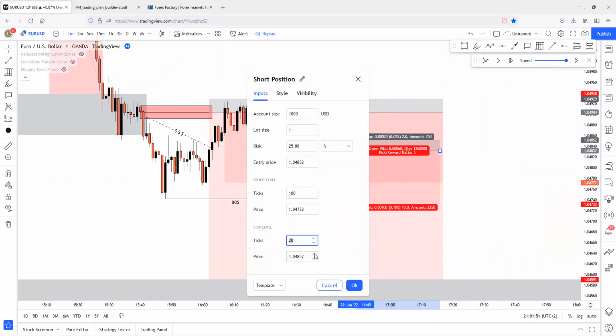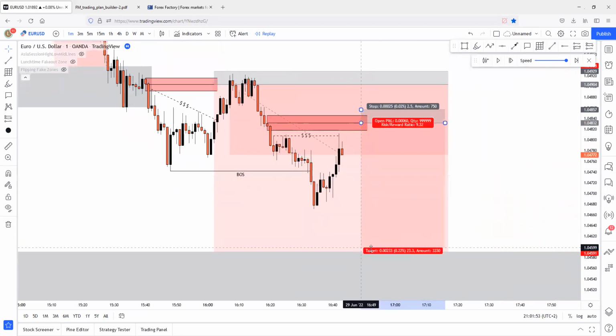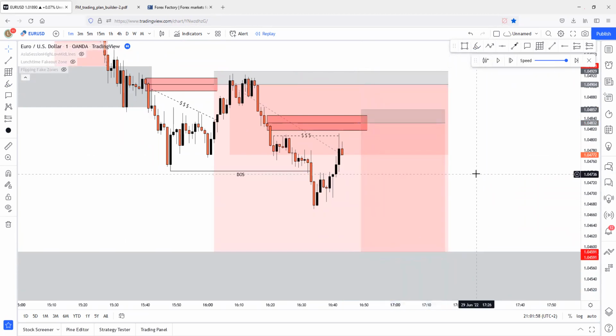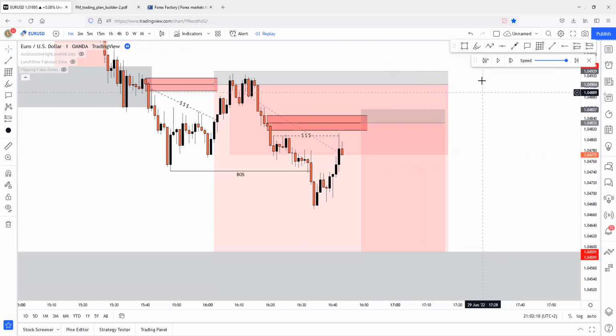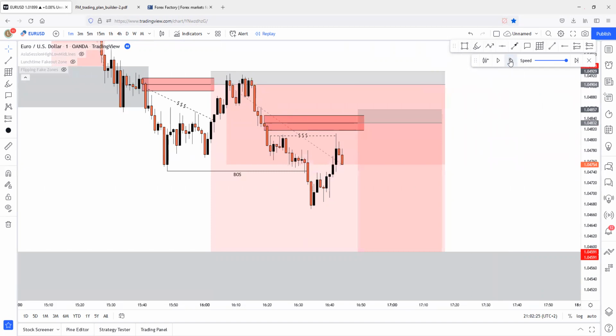We are using 2.5 pip. I'm just feeling safer with the 2.5 pip stop loss actually, because I just tested it, and in the past few weeks, or I can say past few months, candles are getting much bigger. So a 2 pip stop loss can't really cover the whole zone, and it's safer to use 2.5 pip stop loss. But of course, you can still use anything between 2 to 3 pip stop loss. I'm just using either 2 pip if the zone is really small, or 2.5 to cover the zone safely. So yeah.